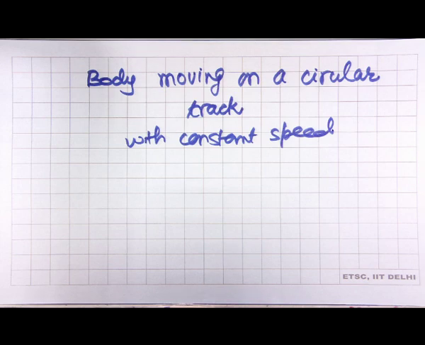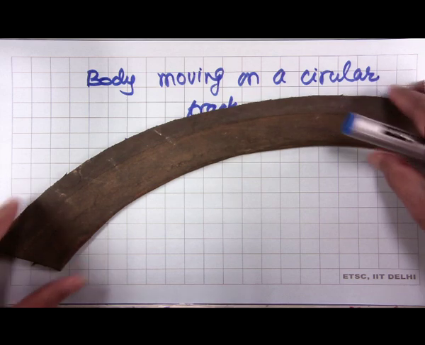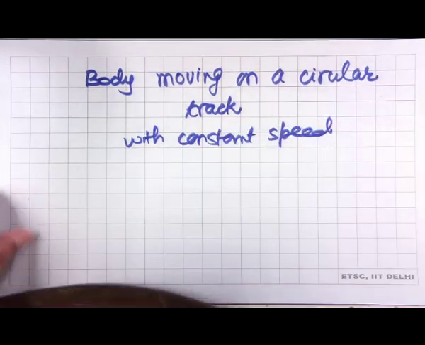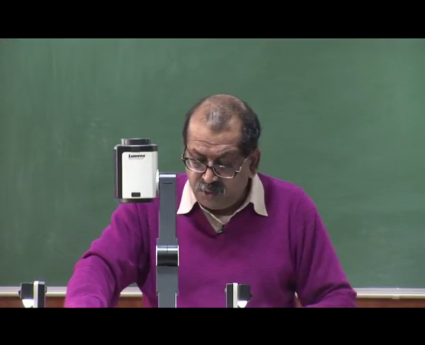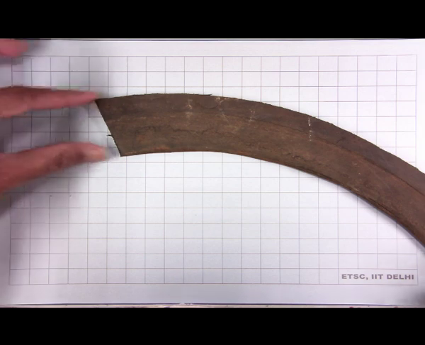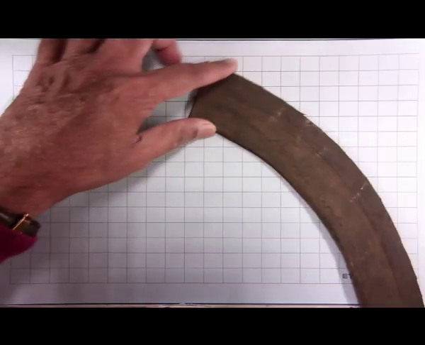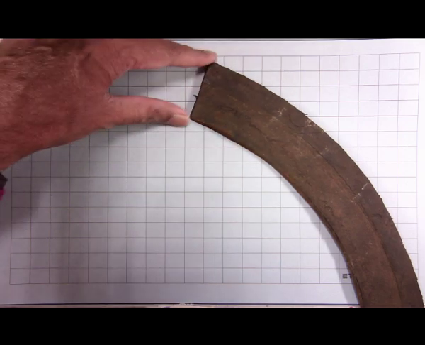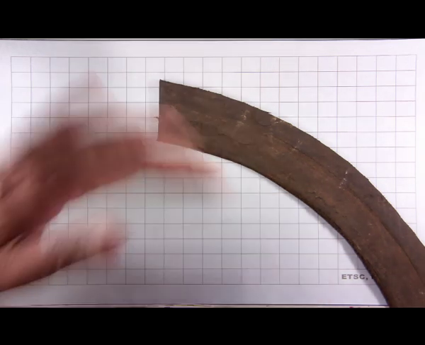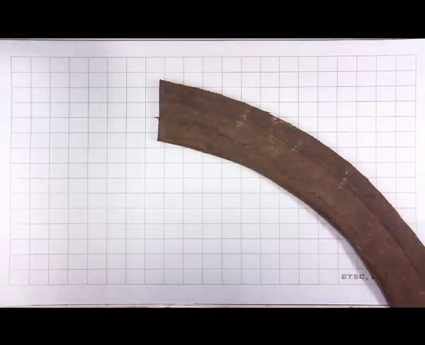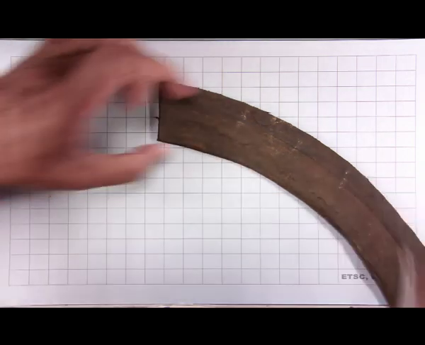So, let us say we have a car which is moving on a highway. It is first moving along a straight section, and then it comes across a turn. So, at a turn, it goes in a circular arc, and when the body is moving